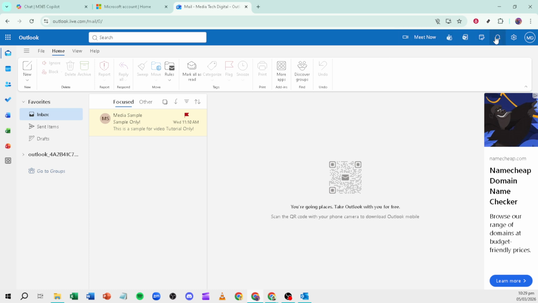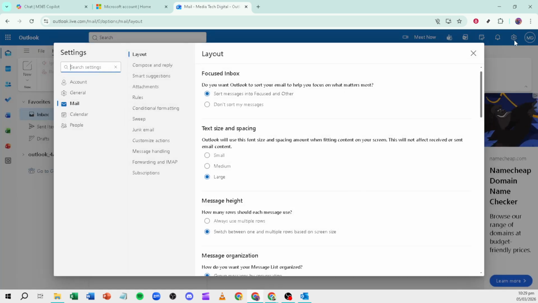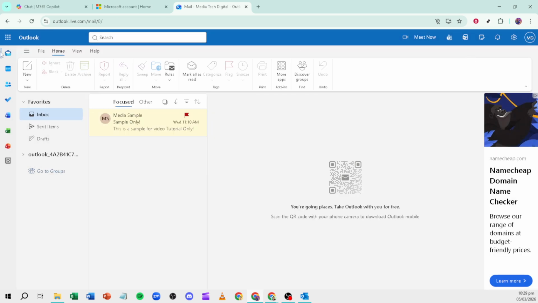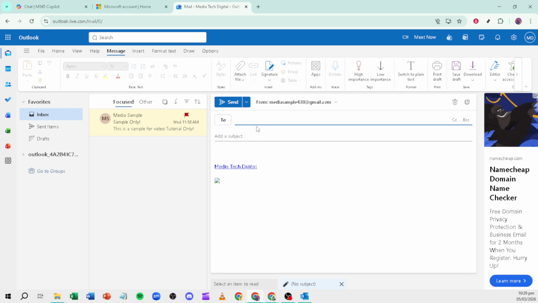Click New Email or press Ctrl+N on Windows or Command+N on Mac. Add your recipients in the to line, include a clear subject so your message is easy to spot, then write your email in the body. You can format text and, if needed, add recipients in CC or BCC for visibility and privacy. When everything looks good, click Send. A quick tip before sending: double check names and spellings in the to line and keep your subject short but